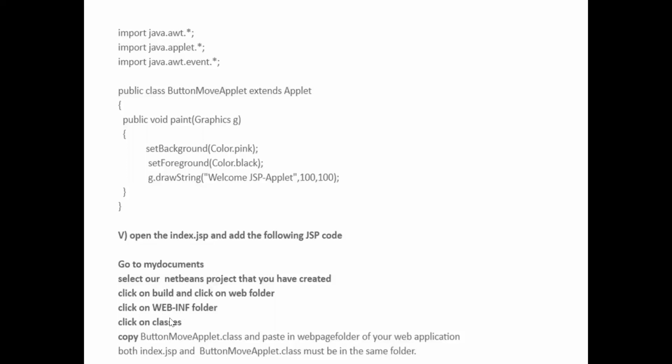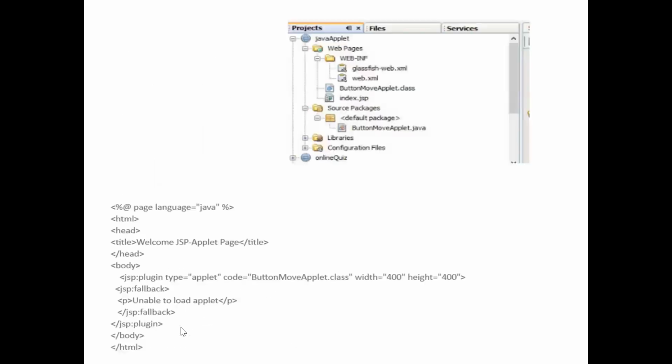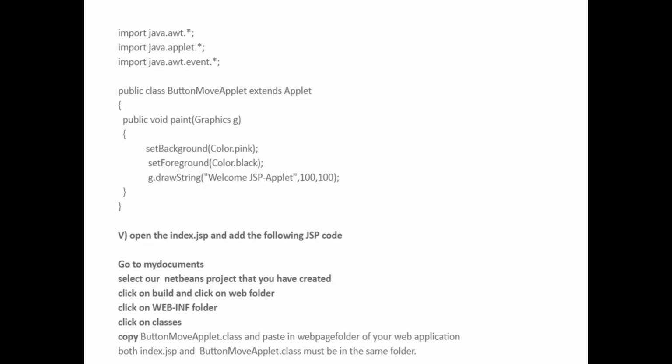So it is very important. And once you click on the WEB-INF folder, you click on the classes. So you can see that in the next slide. So you can copy the button move applet.class file from that folder, and paste it in the web pages folder.